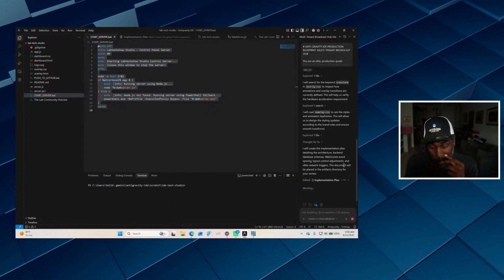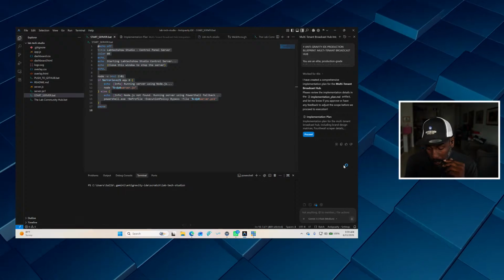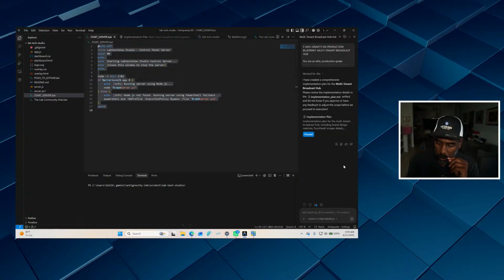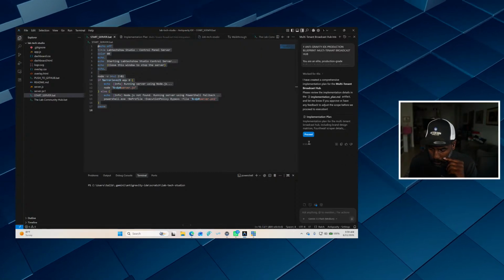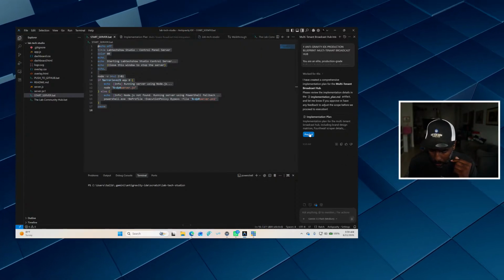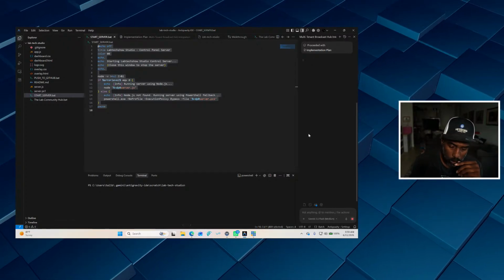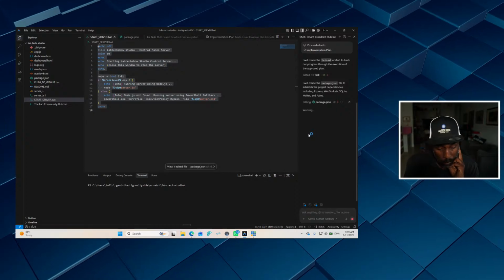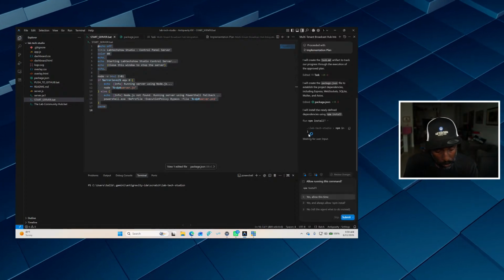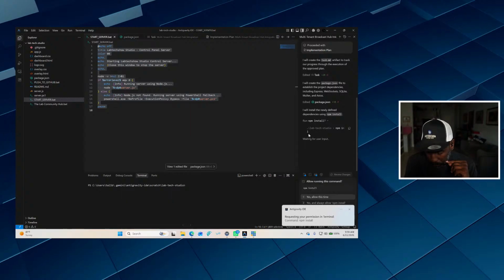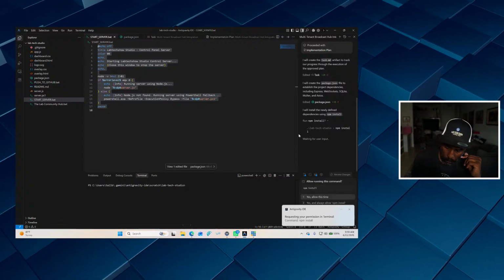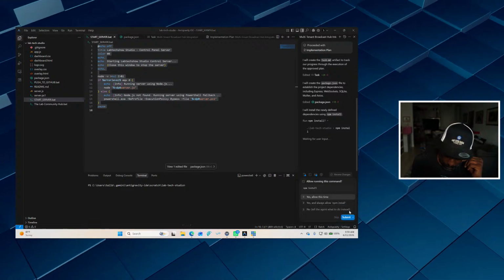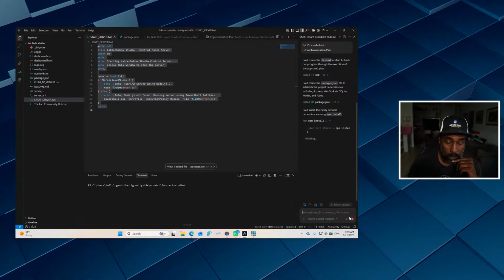It's worth a shot. So basically it says I've created a comprehensive implementation plan for the multi-tenant broadcast hub. Please review the details. So I'm just going to go ahead and say proceed because I know I don't understand it, but we're going to see what it's going to do for us. Okay. And so now you see it's building something over here on the right-hand side, and it's requesting permissions. So I'm going to say yes, allow this time, and I'm going to hit submit.